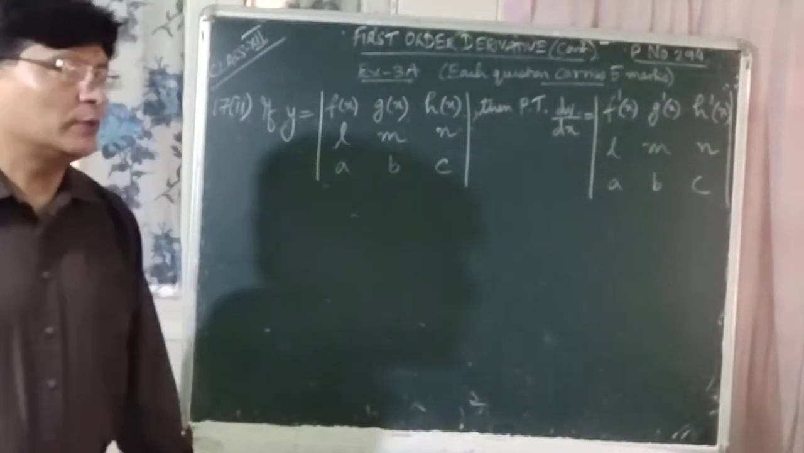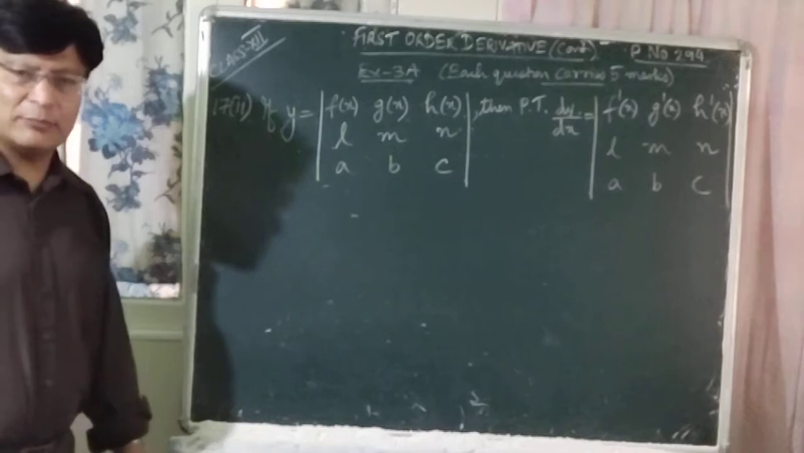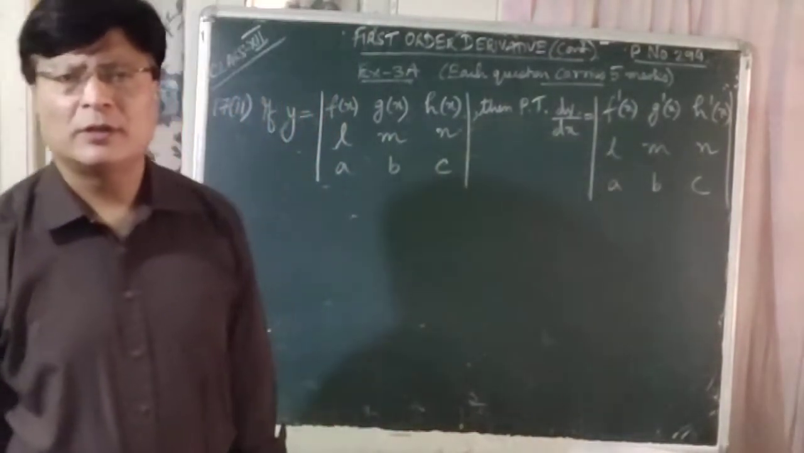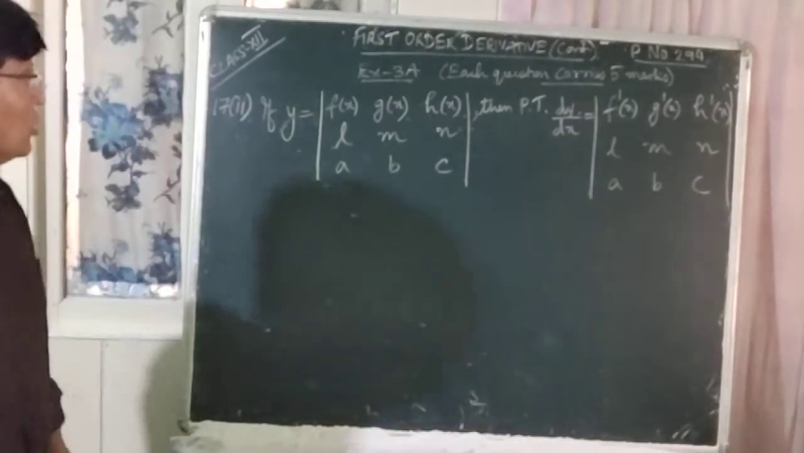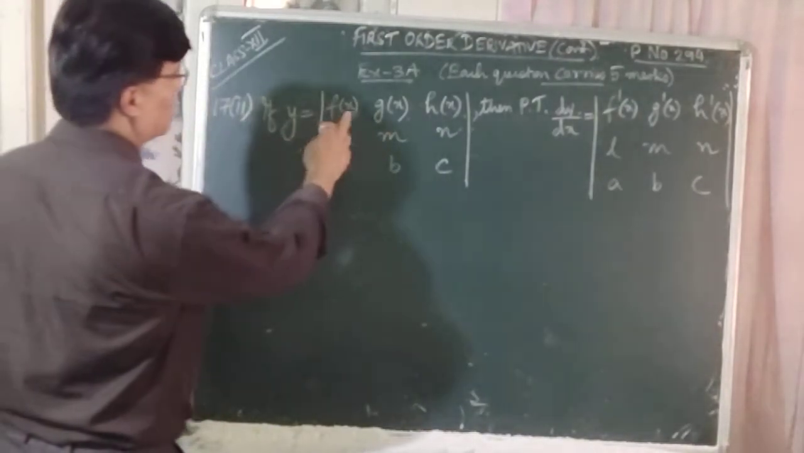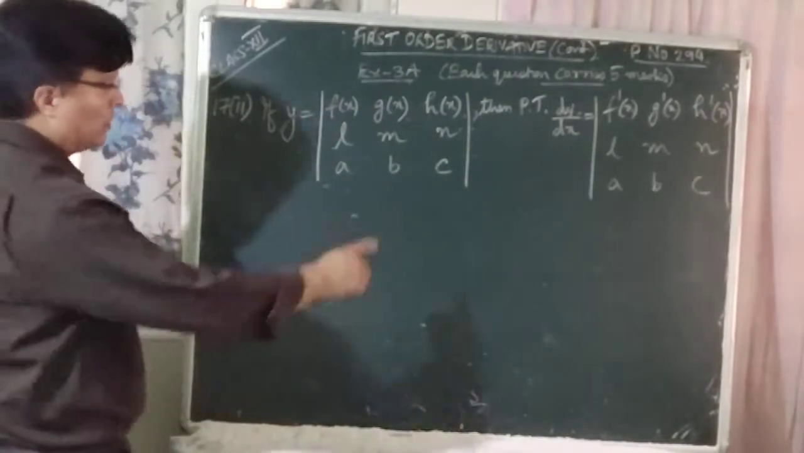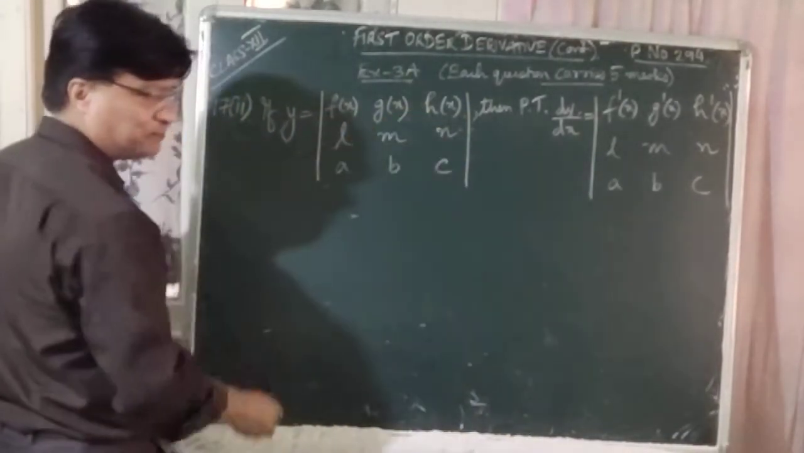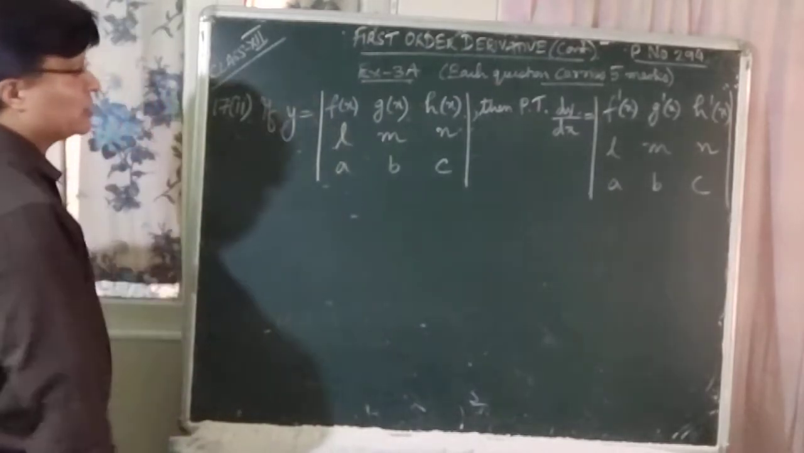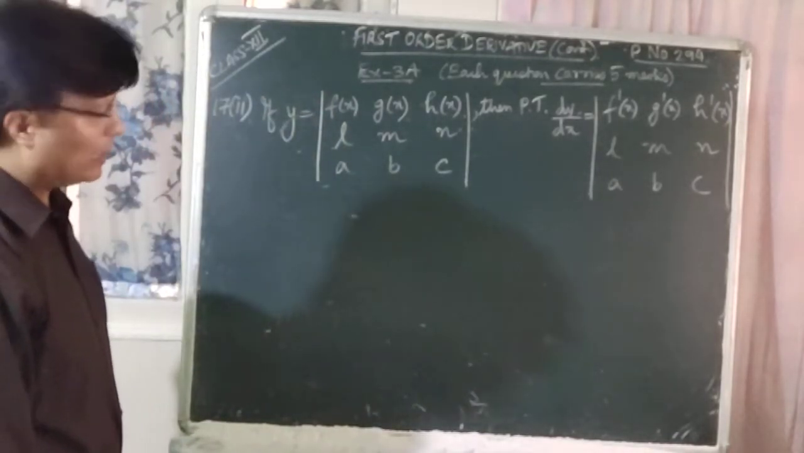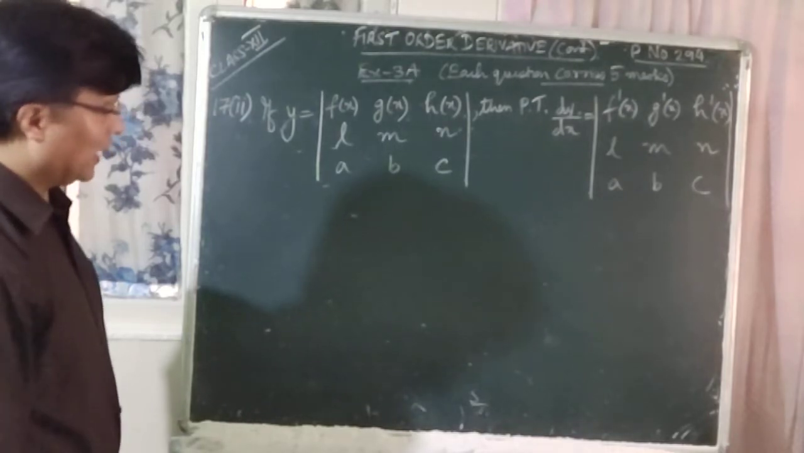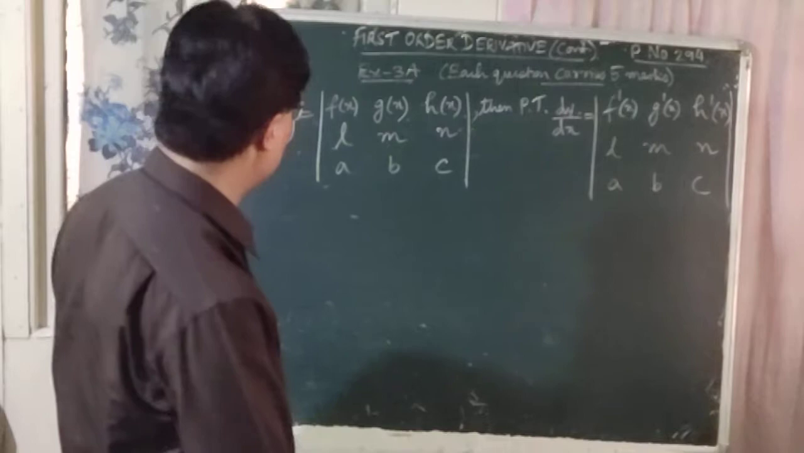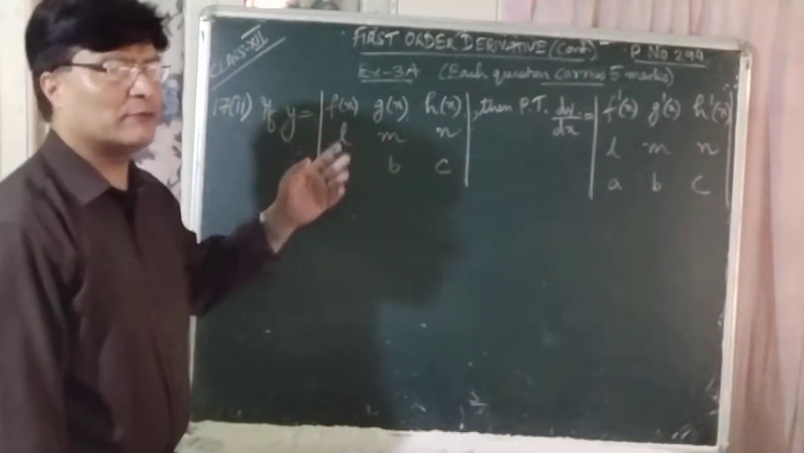So now we'll do the next question, that is 17 number 2. You know that this is the determinant form. You know how to expand it, isn't it? So it is given that y is equal to, this is in the determinant form, 3 rows and 3 columns, right? What is the first row here? f of x, g of x, h of x, second row l, m, n, and what is the third row? It is a, b, c. You have to prove that dy by dx, that means you have to differentiate both the sides